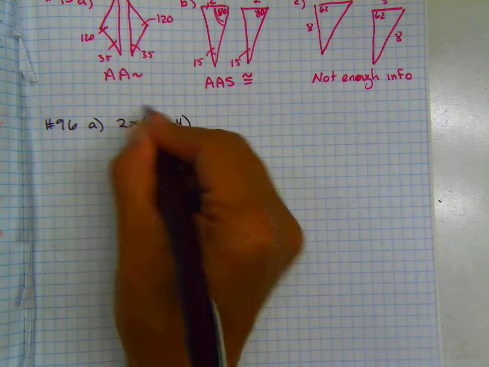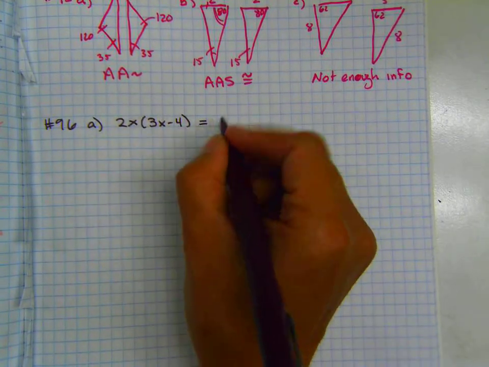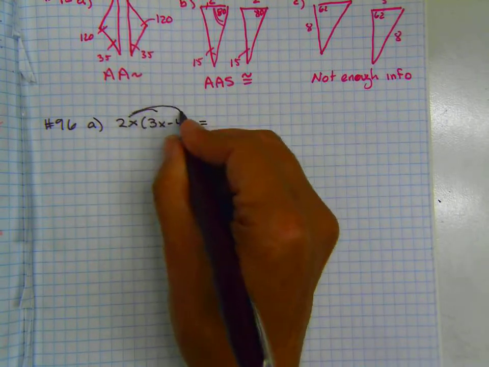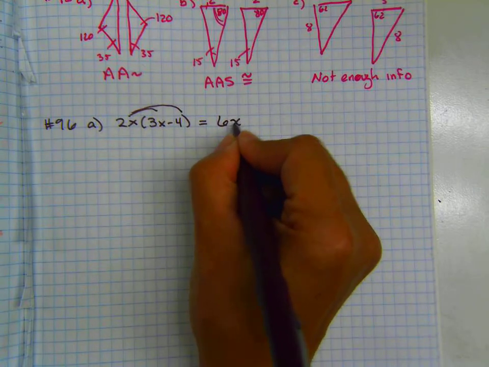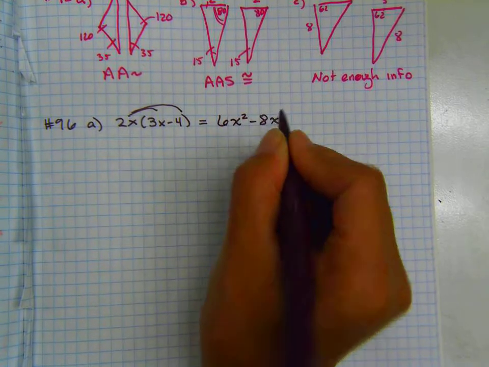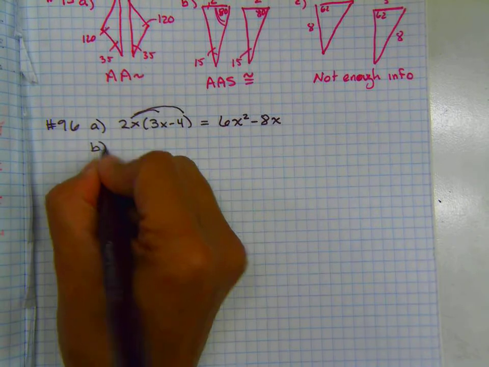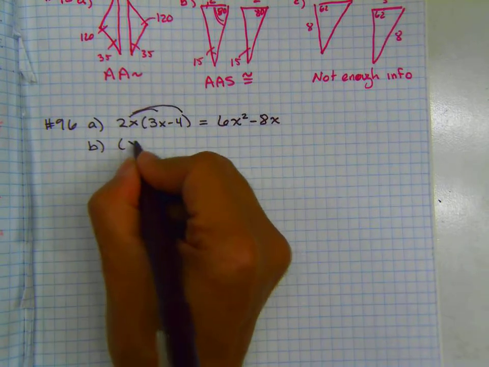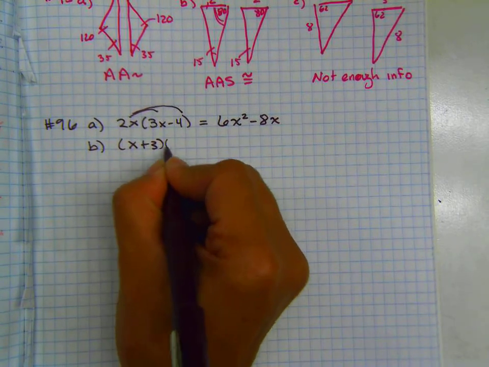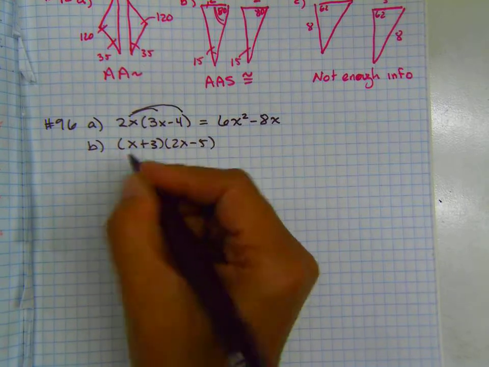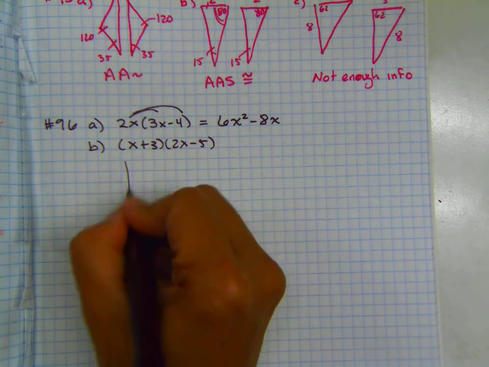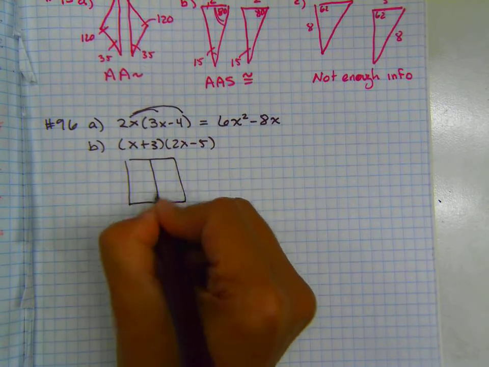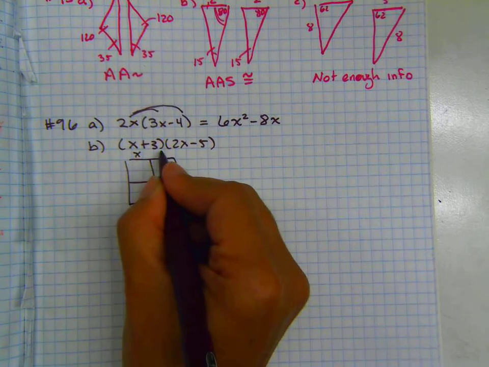You probably already distributed this problem like this last year. So this would be 6x squared minus 8x, done. And also last year when you did problems like this, you put them in a box. It's perfectly fine. If you did it another way, by just distributing,